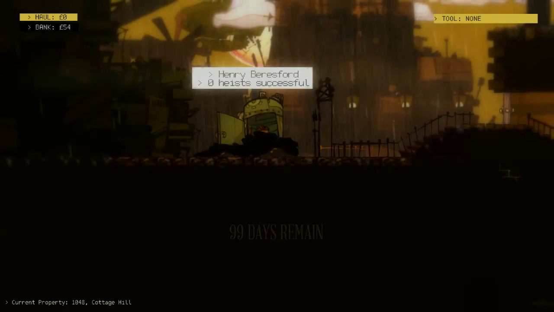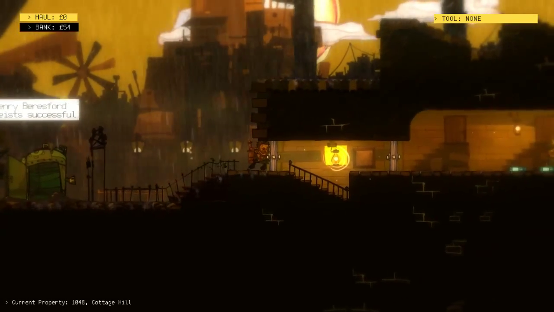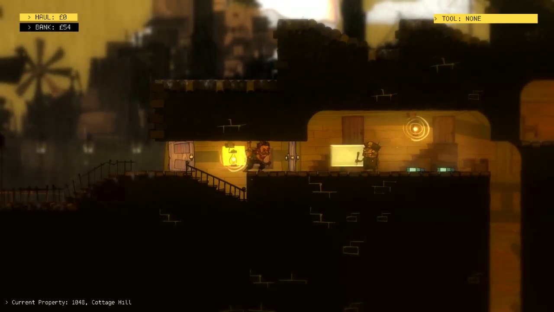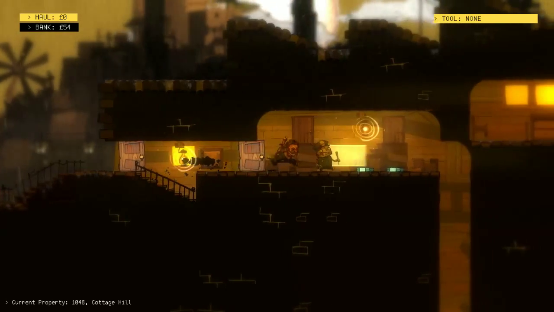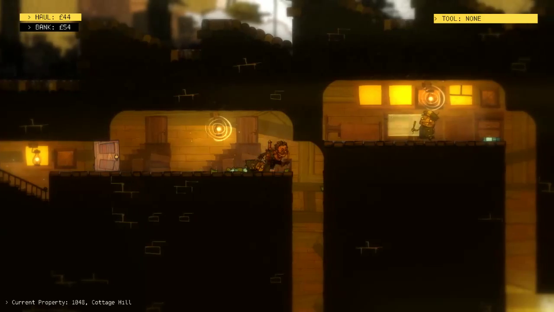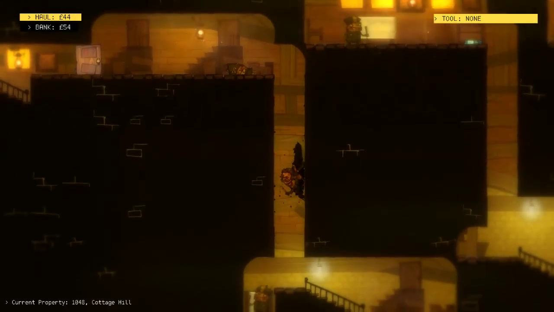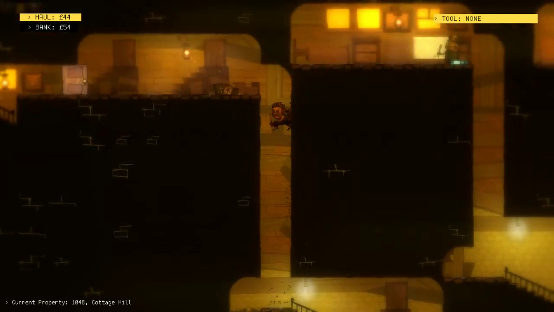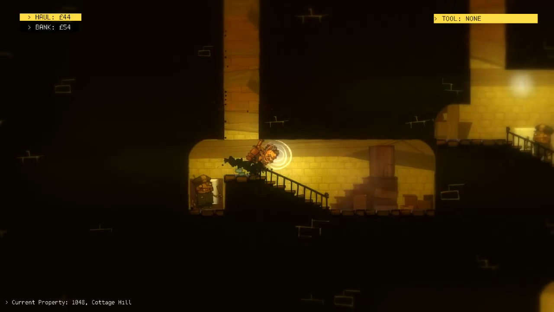Now, unlike other roguelikes where every now and then you have health bars, you have ways of taking on enemies and maybe even surviving a few attacks, in The Swindle you don't have any of that. You have basically one shot. You have one hit and the game's over. So if you get detected, you really